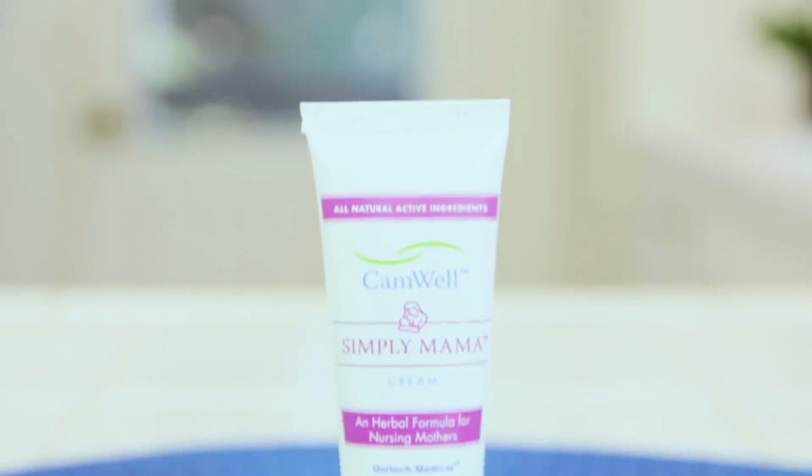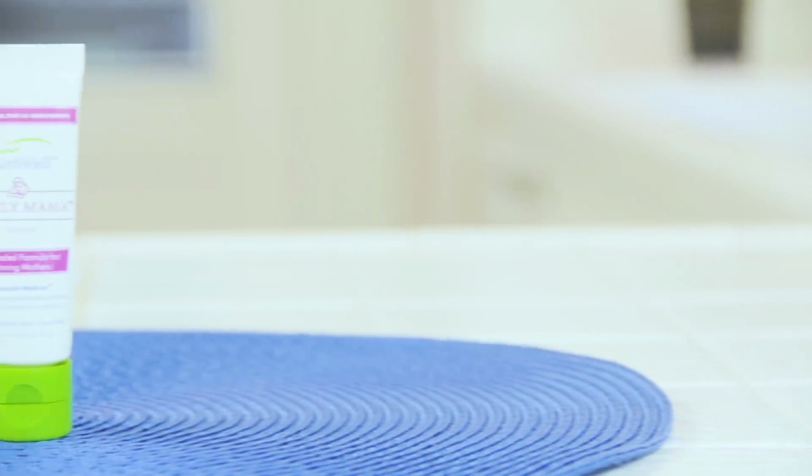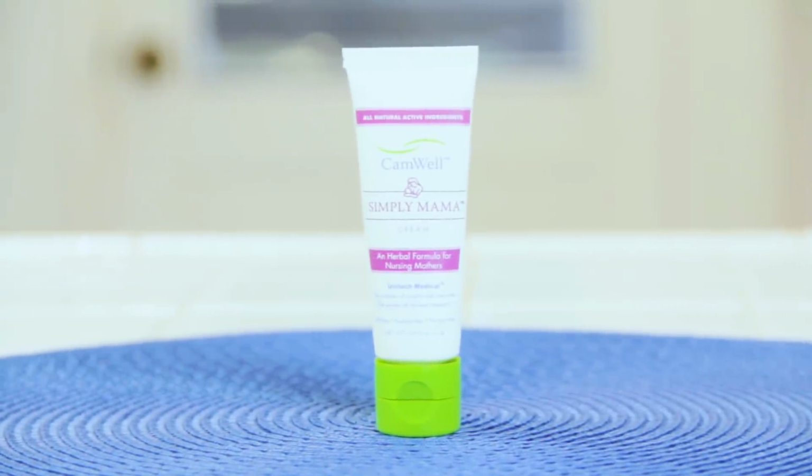because it's all natural, and I sure wish they had this when I was a young mom. I'm going to tell you about this product, and then I'm going to talk about mastitis and some other issues and diaper rash with baby. I found this company called Camwell on the internet that have all kinds of healing creams. This cream is called Simply Mama, and it's a soothing herbal formula